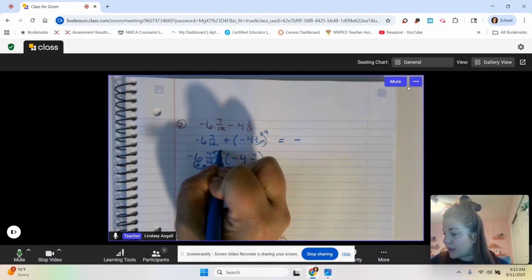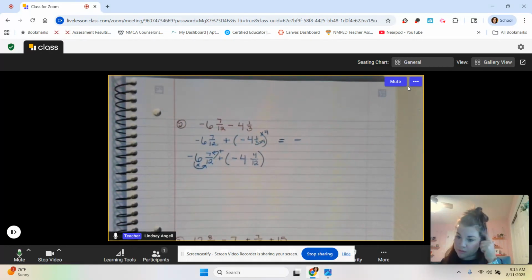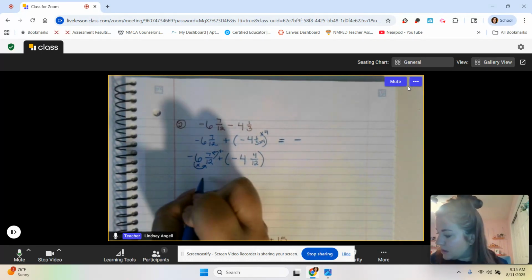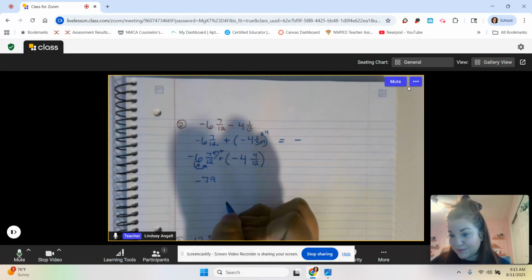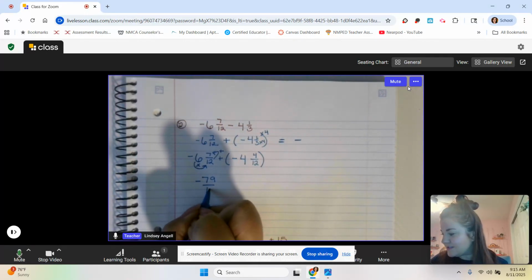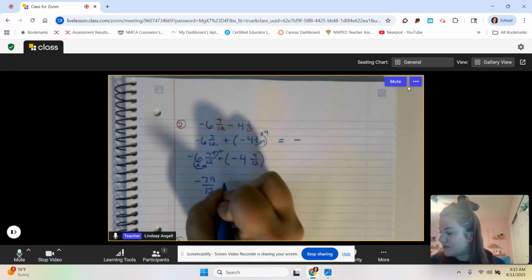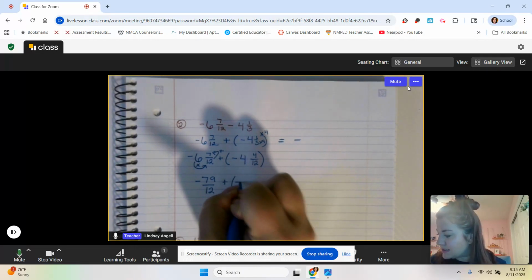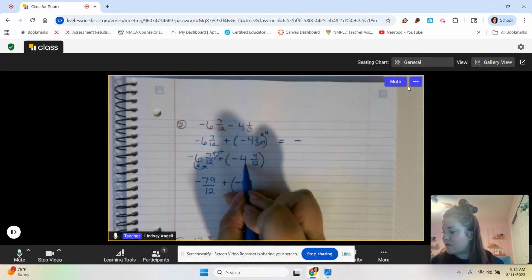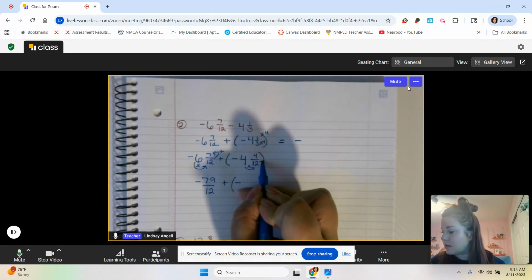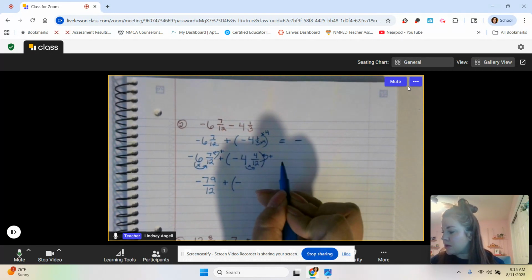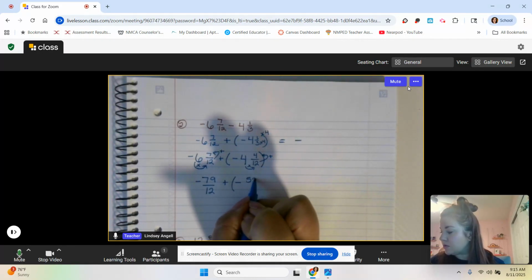Then we add in our numerator, so we have that 72 in our brains, plus 7 gets me to 79, right? So negative 79 over 12 plus negative, and then 4 times 12 is 48, plus 4 gets me to 52,